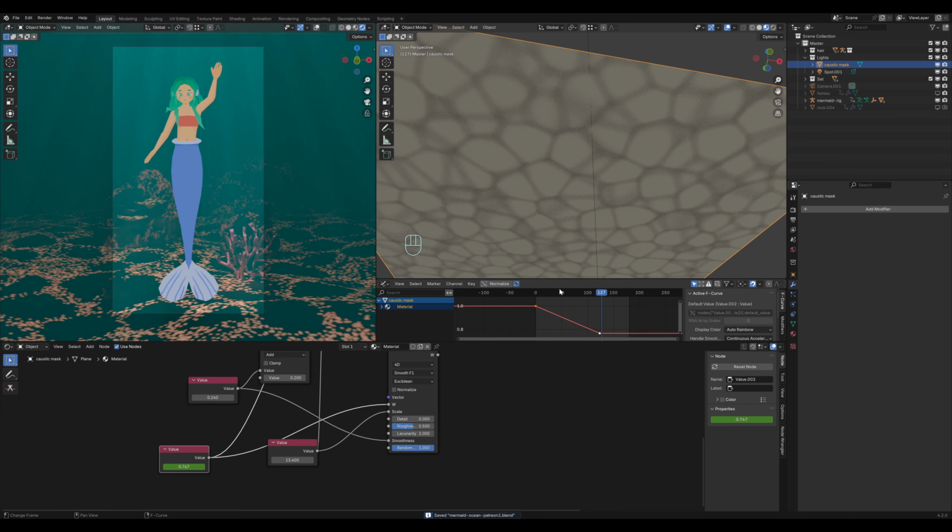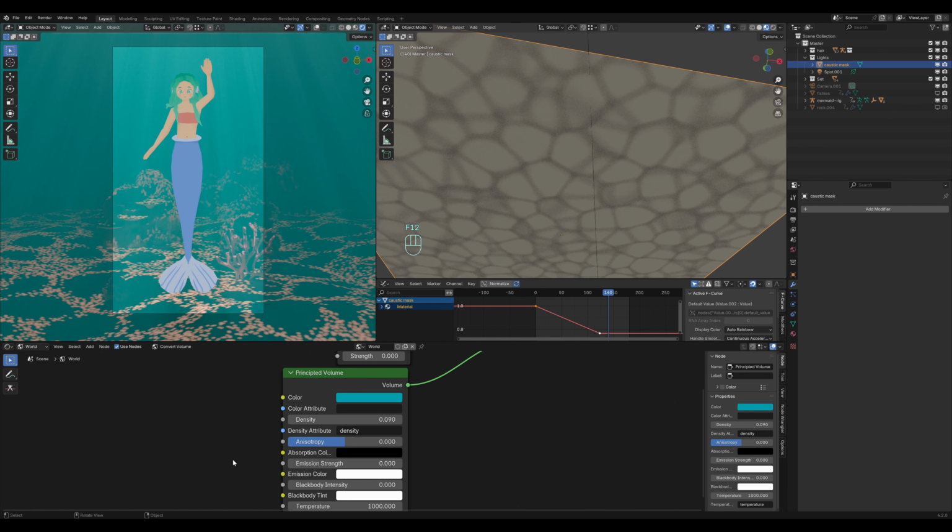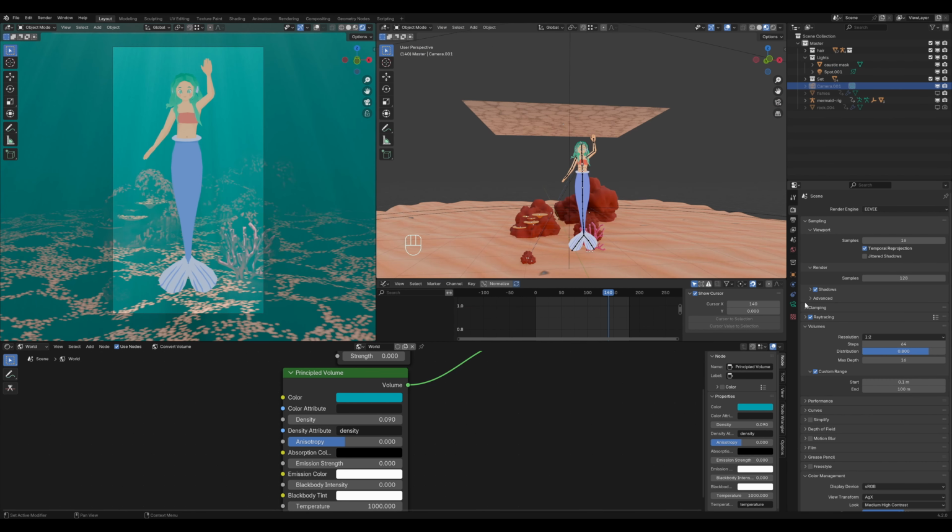That is the basic idea. And then I know it looks really dotty right here, but if you go ahead and render it, it will smooth it out. For my Eevee settings, I didn't change anything from my previous Blender 4.0 or 4.1 file, but